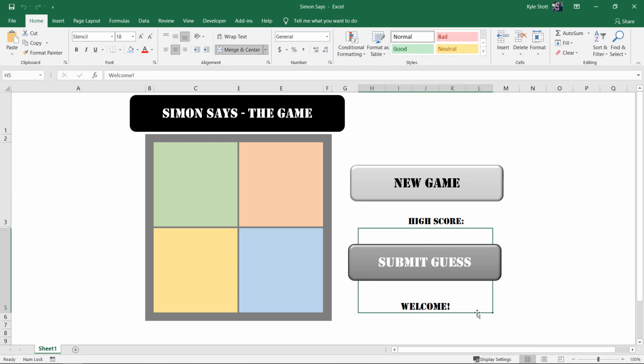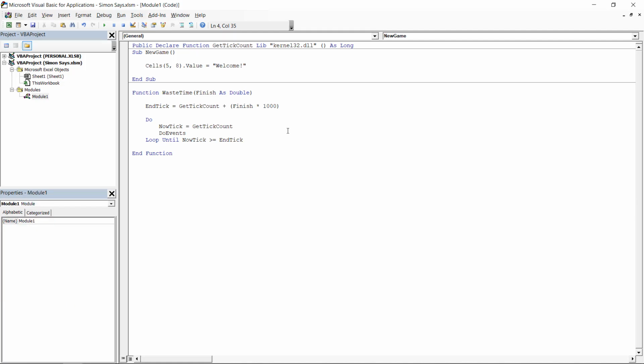So this is just an easy way to say welcome, the game is starting, something like that. Again, if you decide to make this on your own, feel free to write in whatever you'd like. You can change around the messaging however you please. So that's great. We say welcome, and then the next thing I'd want to do personally is